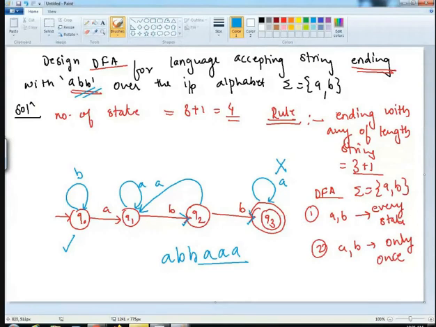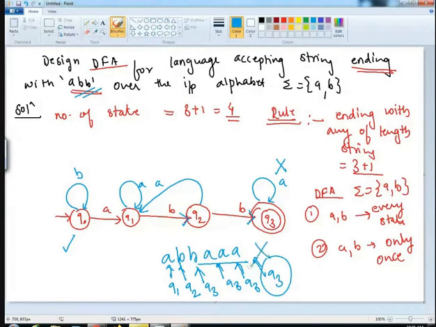So here, the machine will move from Q0 to Q1 with A, from Q1 to Q2 with B, to Q3 with B, and with this A, the machine will have a self loop of Q3. And since Q3 is an accepted state, this is going to an accepted state, which is absolutely incorrect. So I cannot give a self loop of A at this particular point.